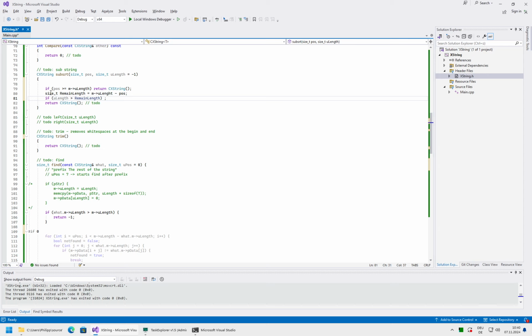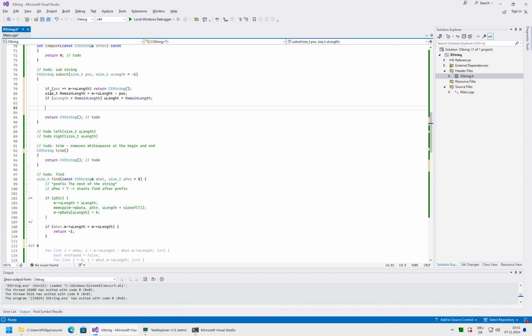We just assign uLength equals remaining length. Now we know that the arguments are safe, and we can start using them. So